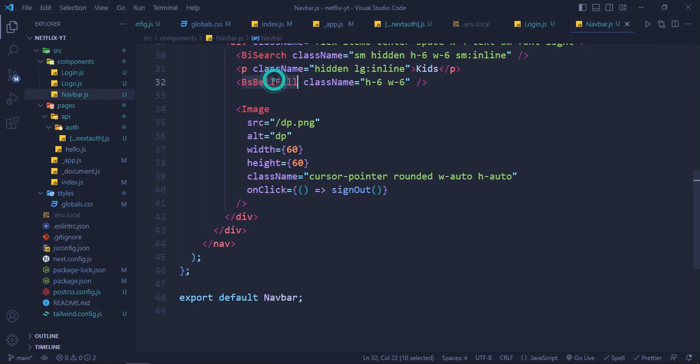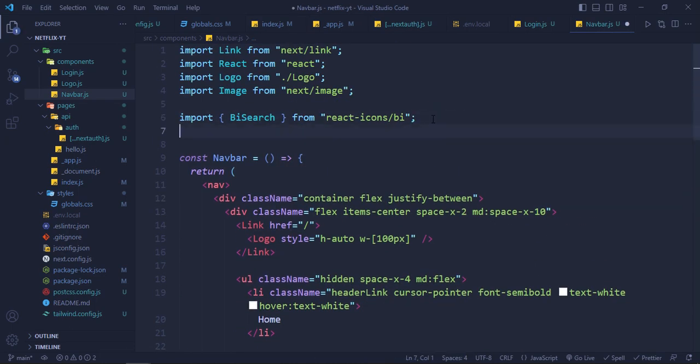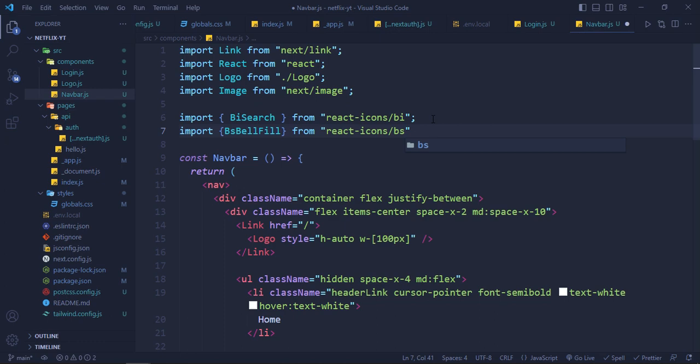And then bs bell. Okay, import vsbell from react icons slash vs. Okay,